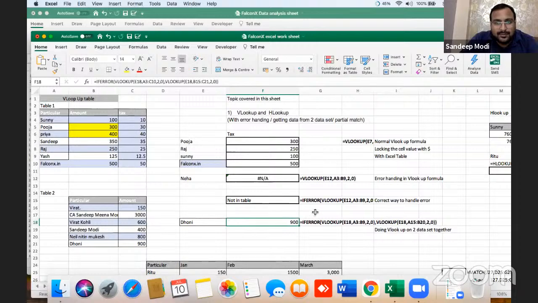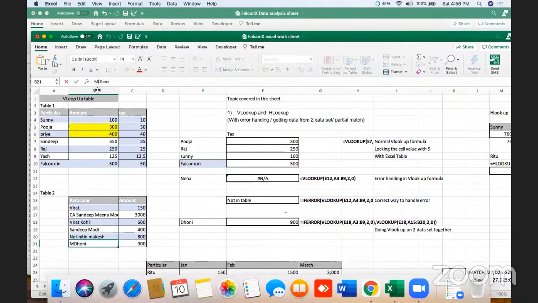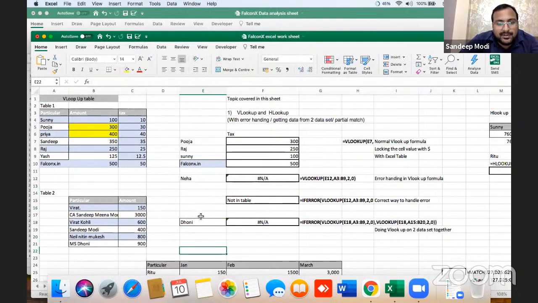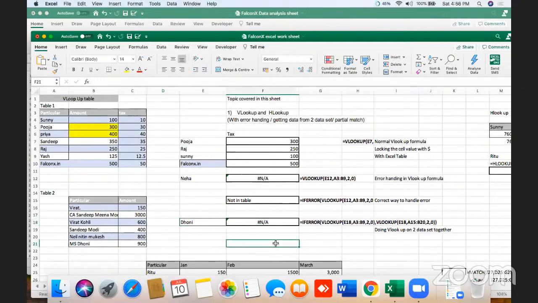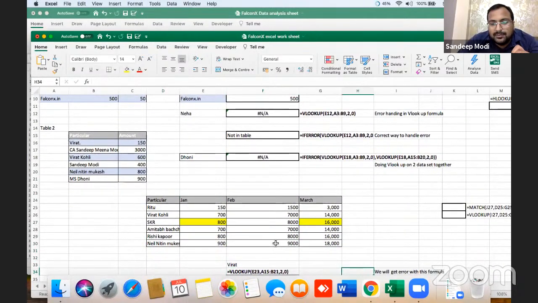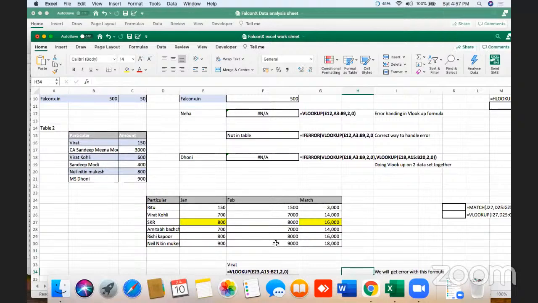Okay, got it. Now the problem statement which we are dealing with is, Sandeep yaar, MS 2 minutes. Let me complete the topic. Sandeep, problem statement here is कि यहाँ पर MS 2 नहीं है और यहाँ पर 2 नहीं है, तो ये कैसे हैंडल होगा? ये हम आगे कवर कर रहे हैं. और कोई किसको डाउट? या गो अहेड.